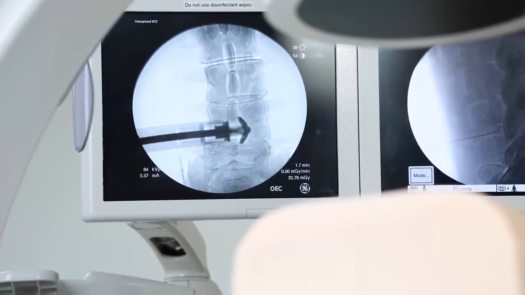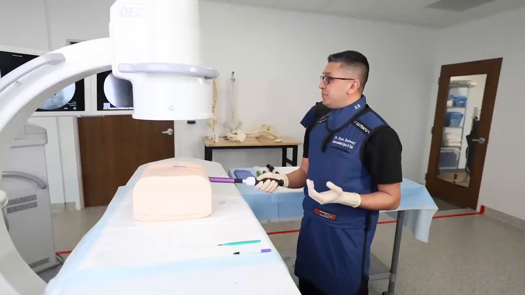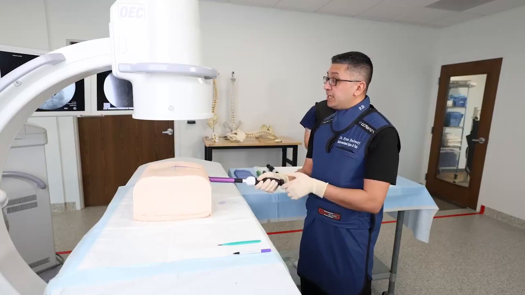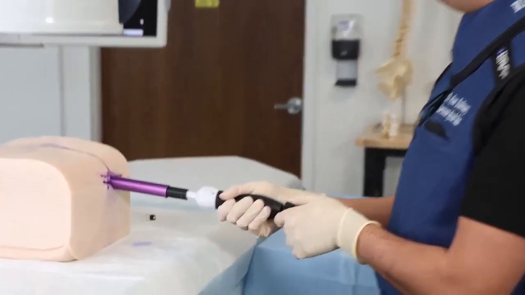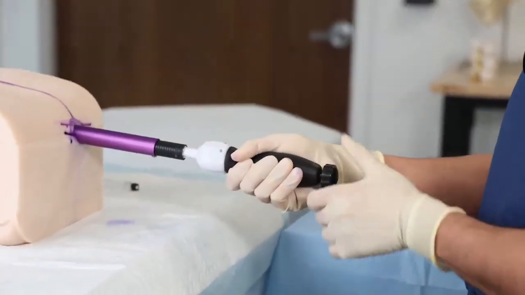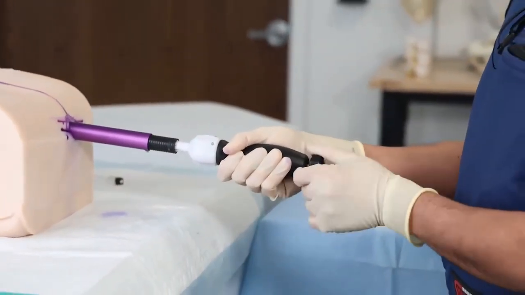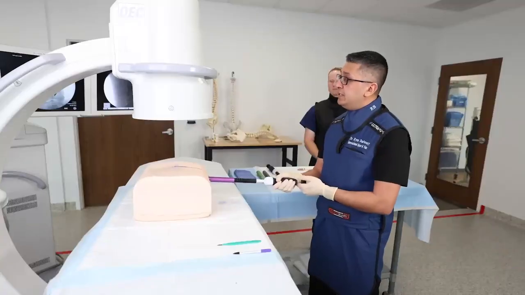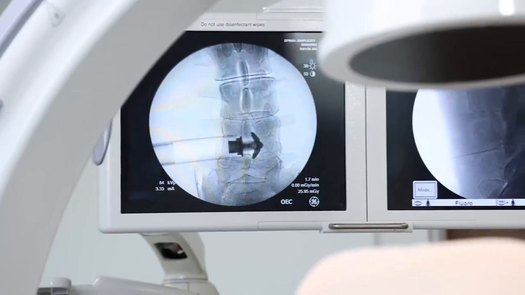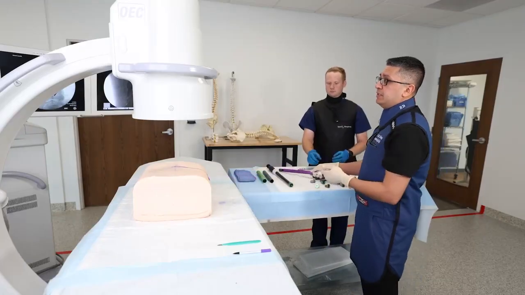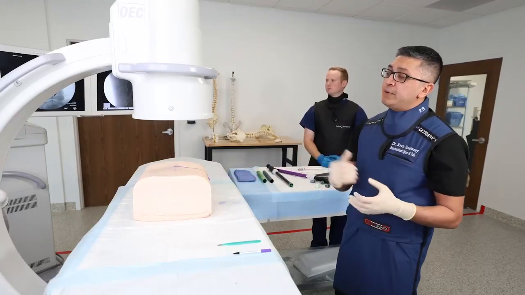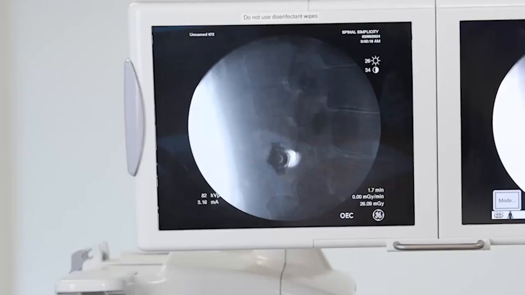Picture? All right, so now that our implant is fully deployed, we're going to come back to knob 1 here, rotating in a counterclockwise pattern to remove the instrumentation. So about 3 to 4 turns back here will allow us to remove the instrumentation. Picture? Perfect. And in one single stroke, we're going to take everything out. Picture? Excellent. All right, and then go back to the lateral view just for confirmation.